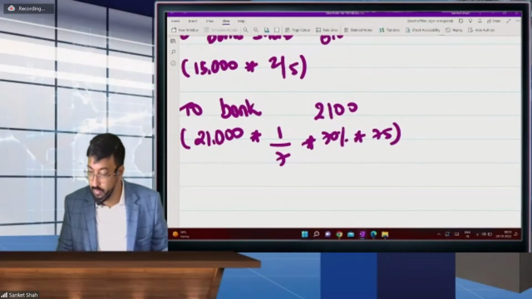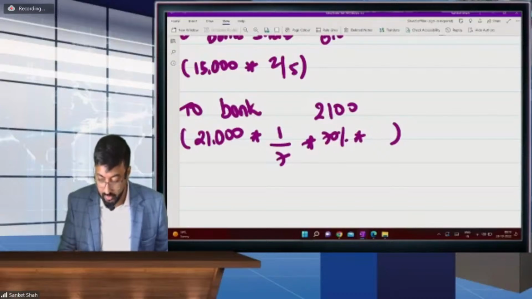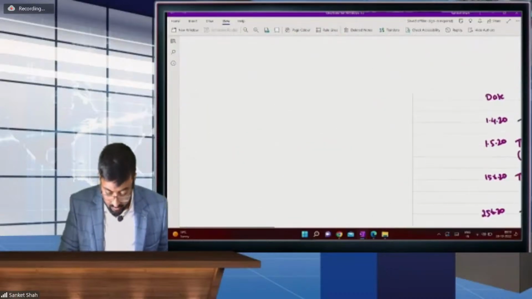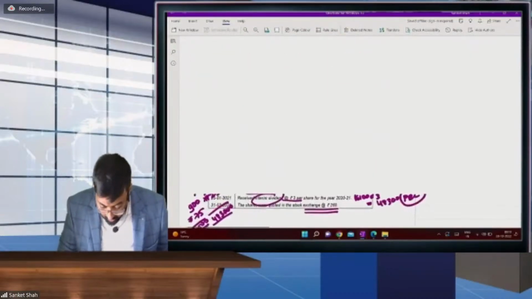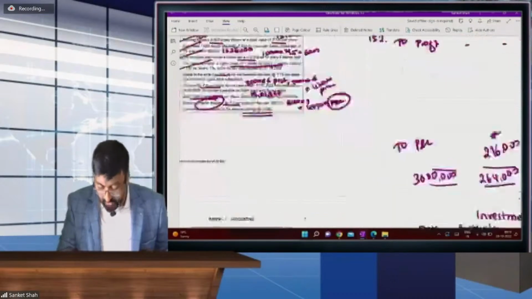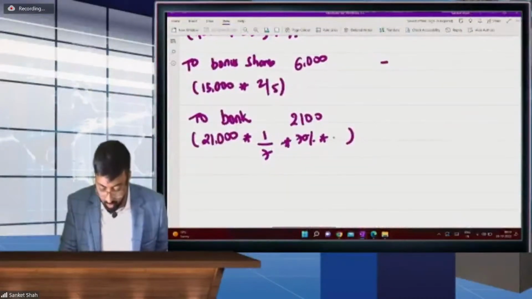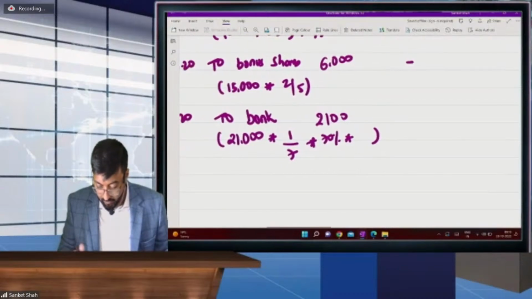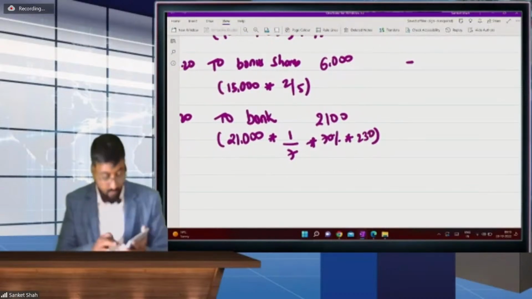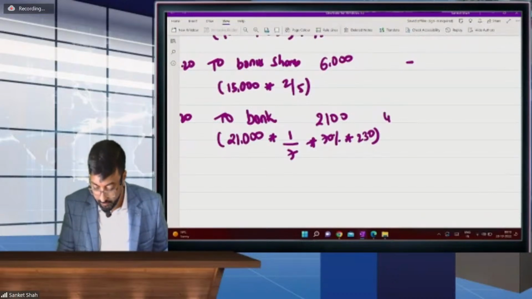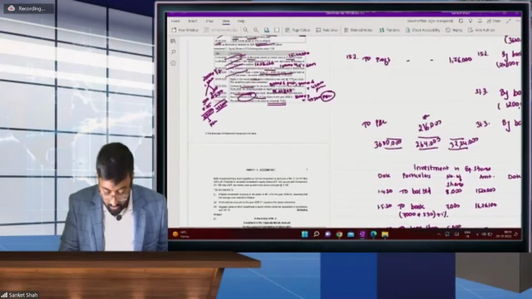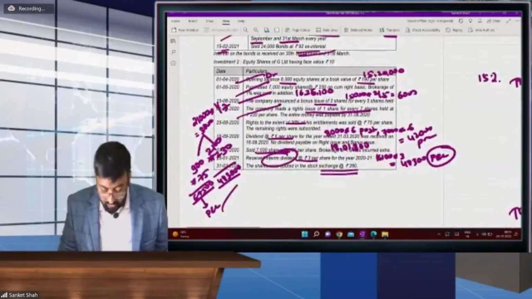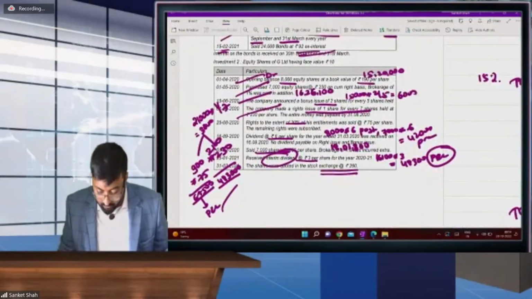No. Into 75 is not correct. What was the price? The price was the right shares' 230. Yes, sorry. Into 230. $4,83,000. Correct, 4,83,000. We already calculated, no? Yes. Then dividend